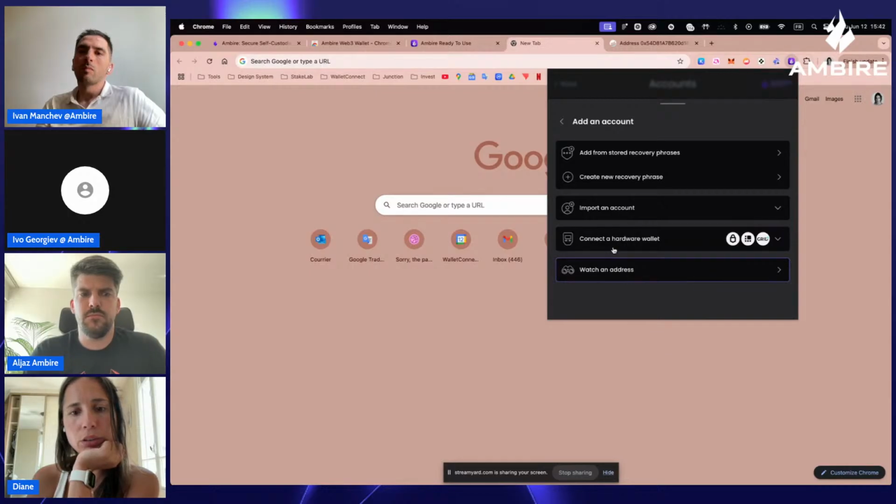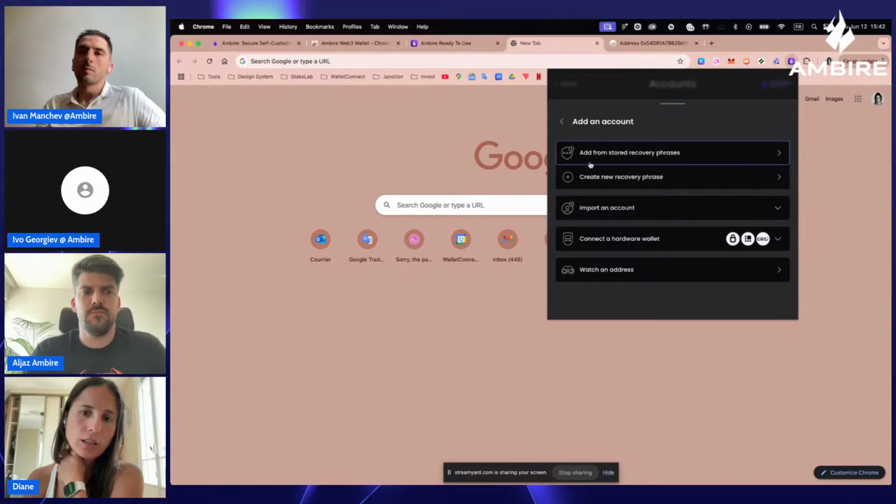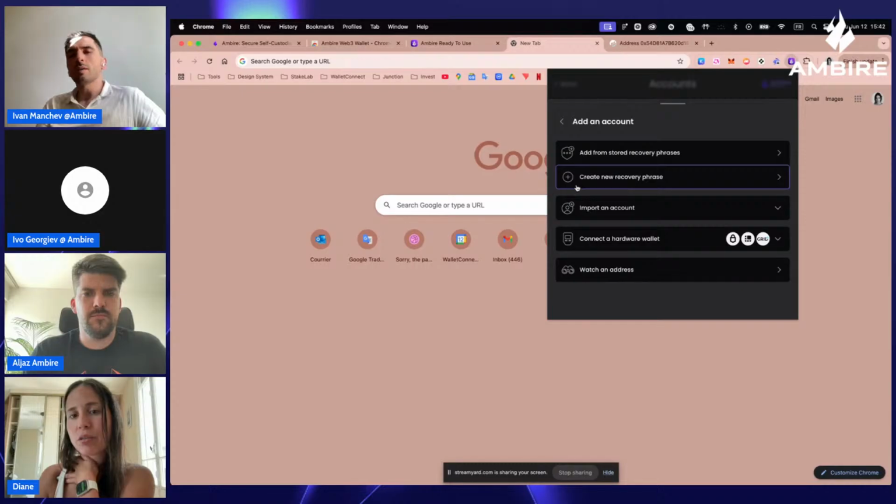I don't see how to do it because here I have the option only linked to recovery phrases. Did you read them all? Okay, there is add from stored recovery phrases. I don't think it's this one because you said we won't have to type a recovery phrase. Yeah, create, because new. I probably misled you here.